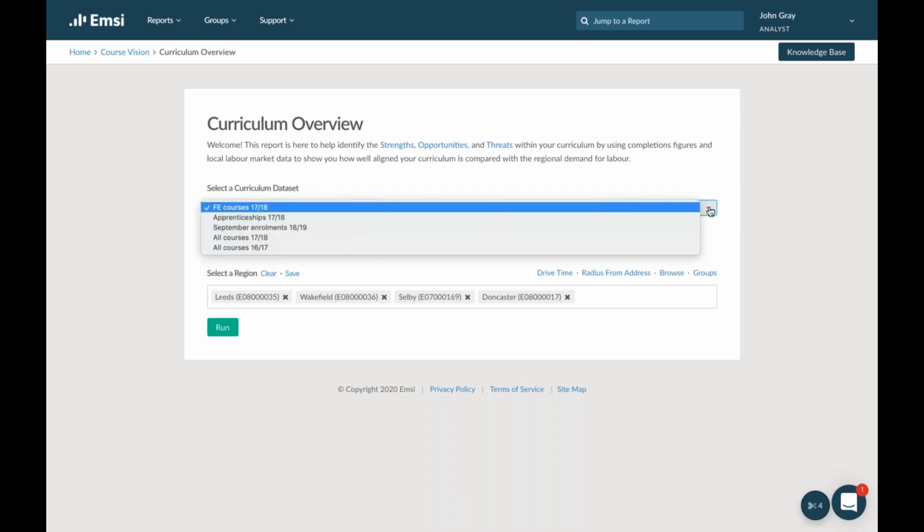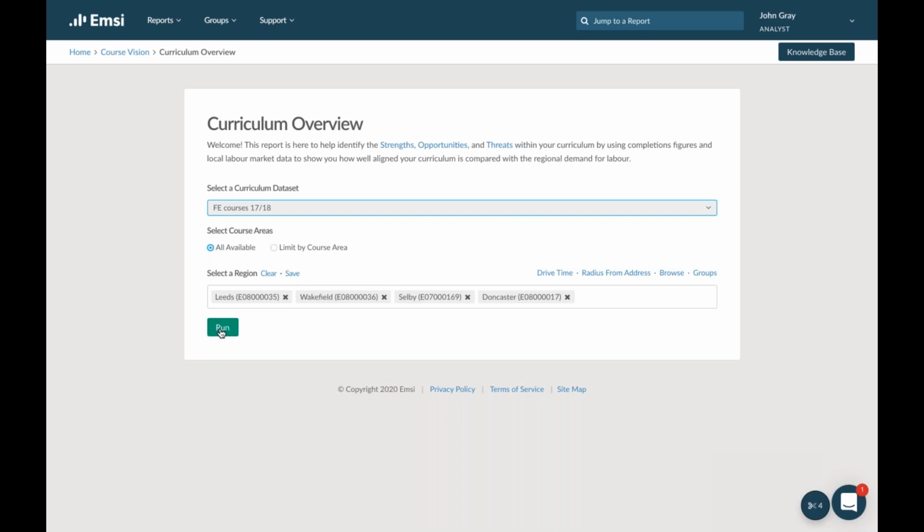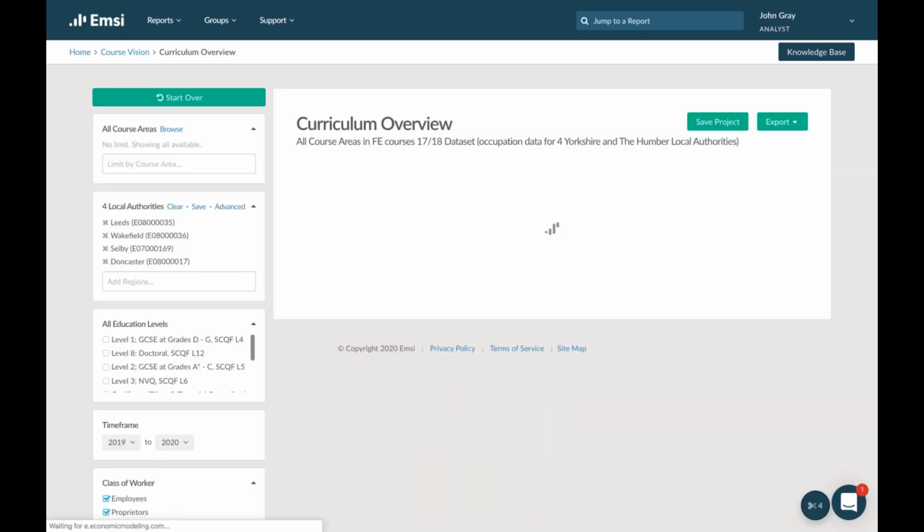I would select my relevant data year. Just to point out, you can have different data sets, so you could look at just adult provision, just 16 to 18, or just apprenticeships. You can have as many cuts as you like in there. I'm just going to pick this one, which would be dummy data for a full academic year. Once we get into the report now,